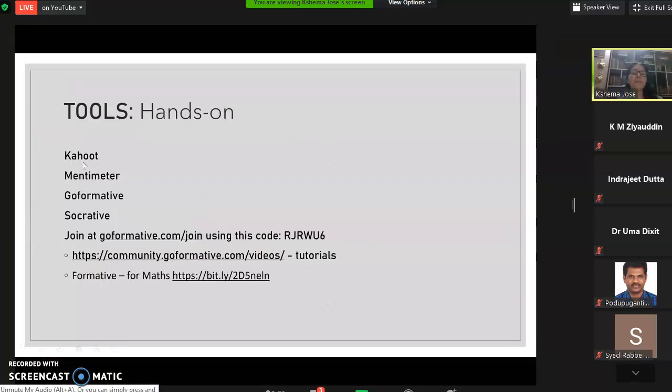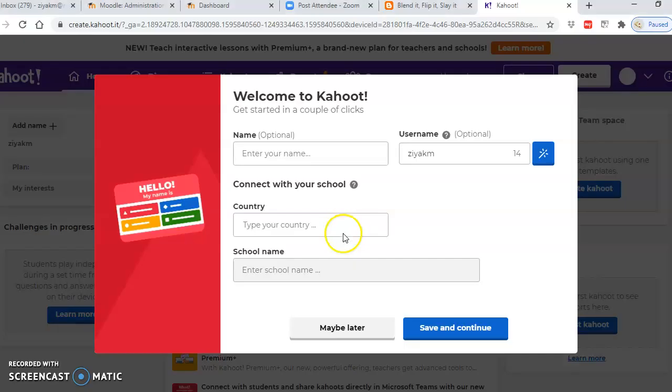Okay, so what am I saying here? Very many times, believe me, it is not the tools that matter. If you go into Google and say Web 2.0 tools for formative assessment, or Web 2.0 tools for creating MCQs, or Web 2.0 tools for continuous assessment in chemistry, biology, you search for anything, these are all available out there. That's how I learned to use them. But what matters is getting this knack of what to look for and where to use them. So bottom line, Kahoot, Mentimeter, Go Formative are brilliant.